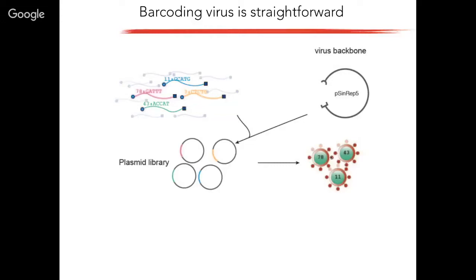And in practice, how do we do that? What we do is we've generated a virus. Right now we're working with a particular virus called Synbis. And viruses are generated in the lab from a plasmid. And so to generate a viral library, all we do is we take the plasmid that generates the virus, and we introduce these random sequences directly into the plasmid backbone. So we get a plasmid library, and then those plasmids give rise to a viral library